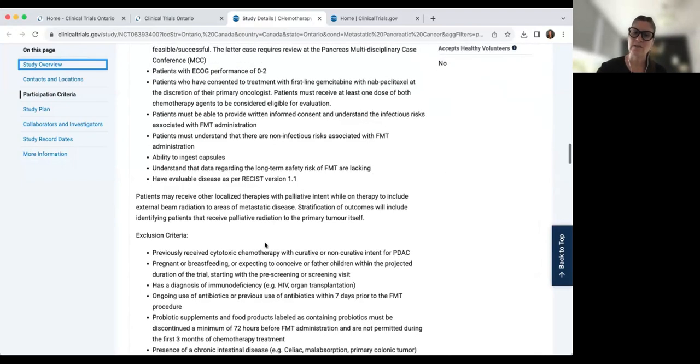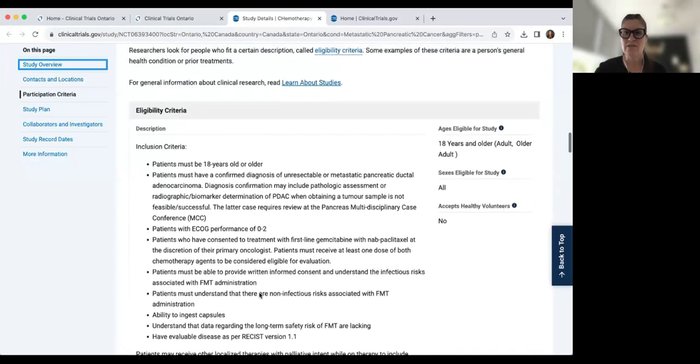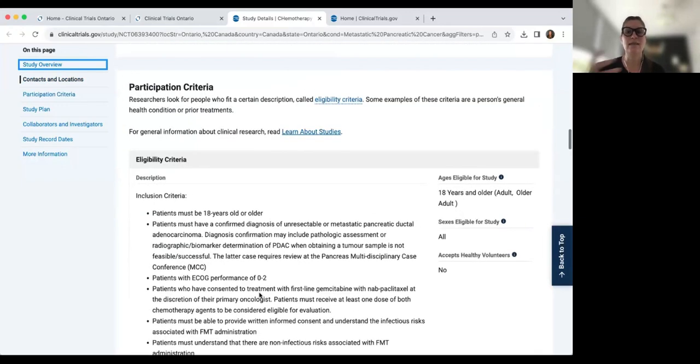And then the exclusion criteria is if you have any of these things, you're likely not eligible for the study. But again, when you're interested in a study and you think that you've got the inclusion criteria for it, and you're okay with the exclusion criteria, you would approach the study team about it, and they would screen you